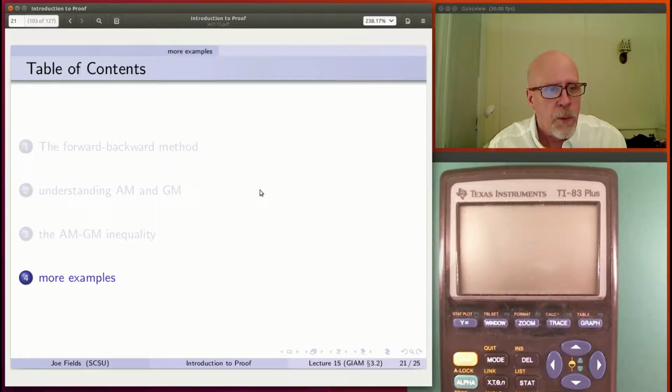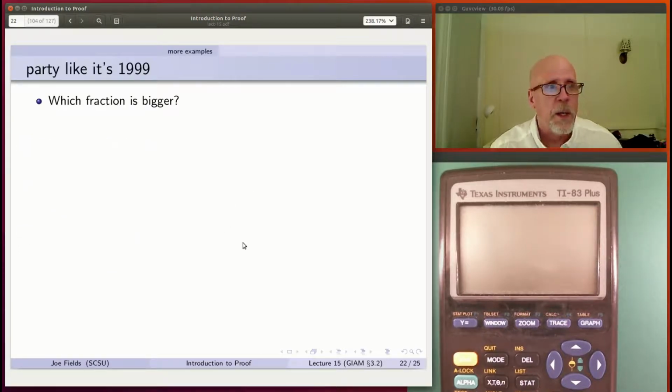All right, so that's the proof of the arithmetic-geometric mean inequality, AMGM, with a little bit more explanation about the steps of it. I think it's a good idea to see some more examples of this kind of thing. So here's a